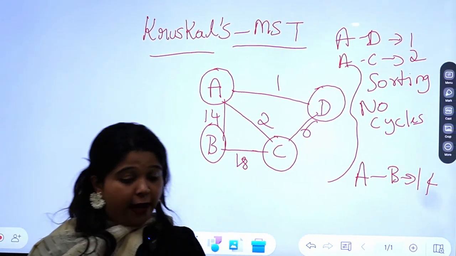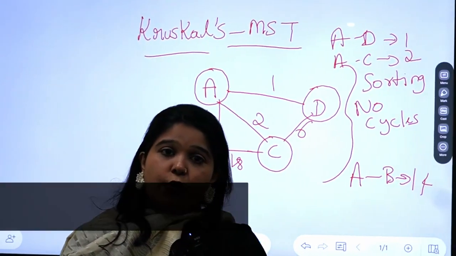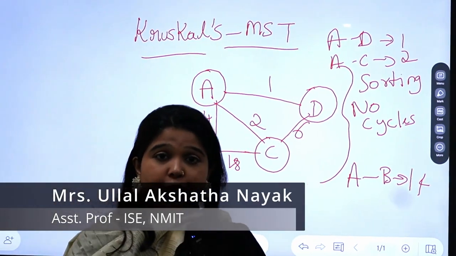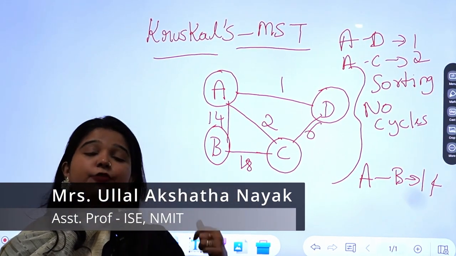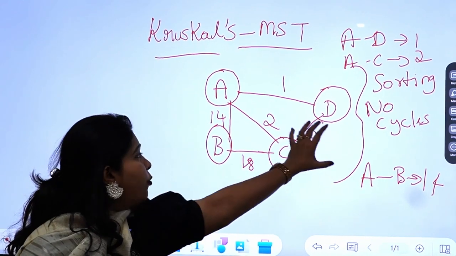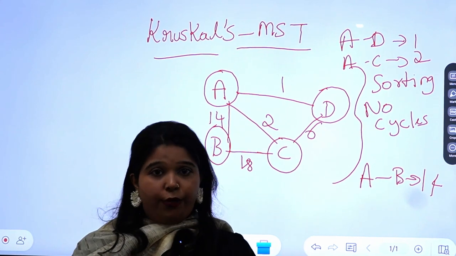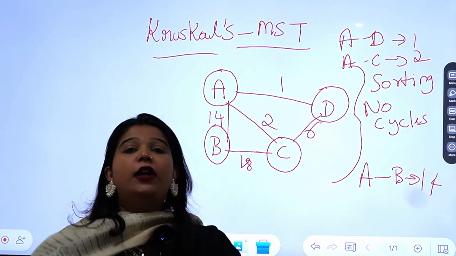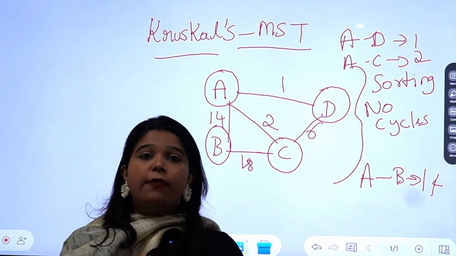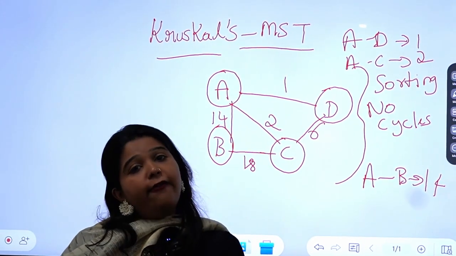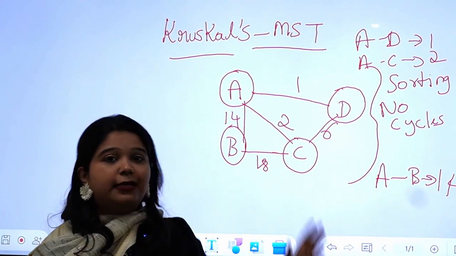We have one more example, which is using Prim's algorithm. It also gives a minimum spanning tree. The difference between Prim's and Kruskal's is that in the case of Kruskal's we consider the smallest weight, the shortest weight, but when it comes to Prim's, we select one particular node and check which are the possible alternate nodes, and then again the condition remains the same. It doesn't form a cycle, and we can also have multiple possible minimum spanning trees from this algorithm.